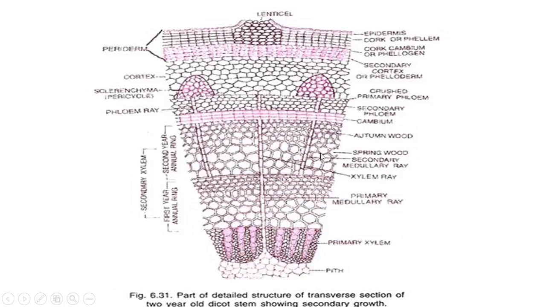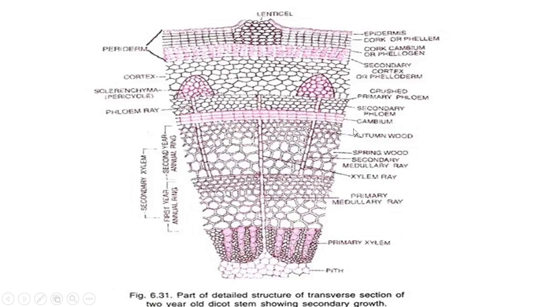Now during secondary growth, per year two layers are developed. In autumn season, a layer is called autumn wood. In spring season, metabolic activities are higher. That's why the tracheids and vessels are large in size, forming a larger tracheid region. It is called spring wood. In 1 year, every perennial plant body develops autumn wood and spring wood. This autumn wood and spring wood is commonly called annual rings.